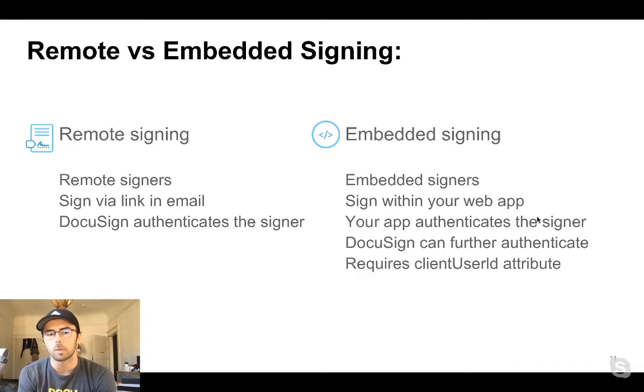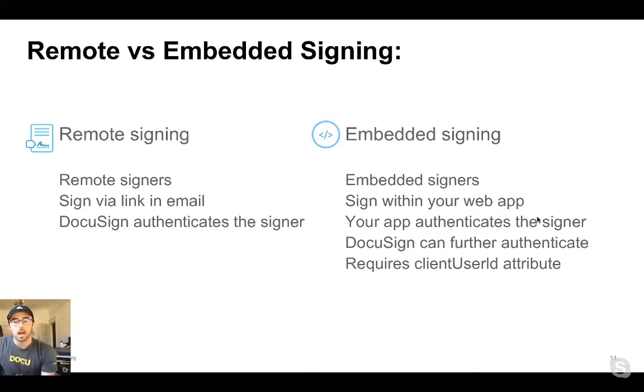But a lot of our developers prefer to keep their users in the application itself. And that's where embedded signing comes into play. Instead of requiring them to tab over, to open a new window and go to Gmail, you can have an additional step to generate a recipient view URL and redirect your user within your application directly to the signing ceremony without requiring them to navigate away to Gmail. Embedded signing in that case is a best practice, and we highly suggest our developers implement the embedded signing flow over the remote signing flow, unless you have a specific requirement.